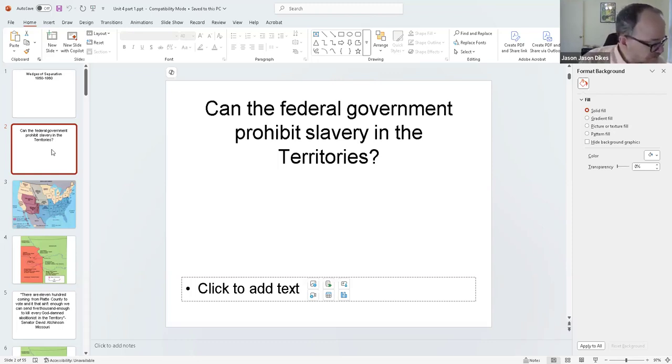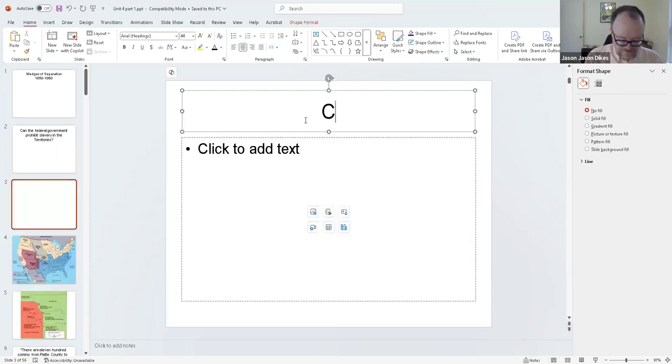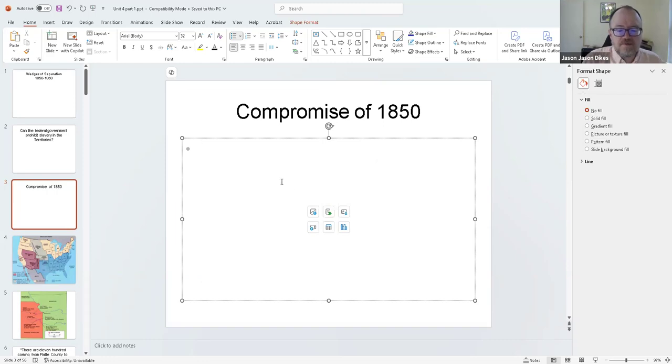All right. So, let's start with the Compromise of 1850. Now, it should come as no surprise, this is going to be another compromise about slavery, much like we had back in 1787 and much as we had in 1820 and in 1845, when both Texas and Oregon entered the Union. There are a number of issues that kind of were floating around that led into the Compromise of 1850.